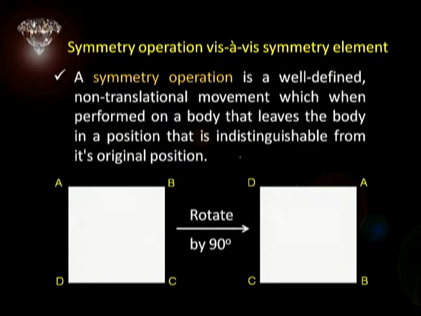Suppose I have an object here. I have just taken a square ABCD. Now, if I rotate it by 90 degrees, I get this orientation there. This ABCD is just for the sake of it. Now, suppose I had a square, I rotated it by 90 degrees and I can't distinguish between the two. Then I say I have performed a symmetry operation. I have done a rotation. Since the final outcome is indistinguishable from the initial state, I say it is a symmetry operation there.